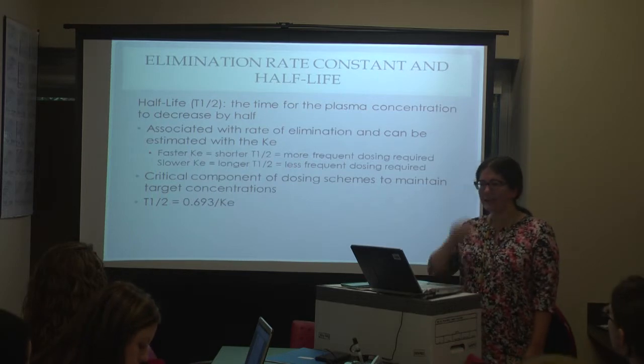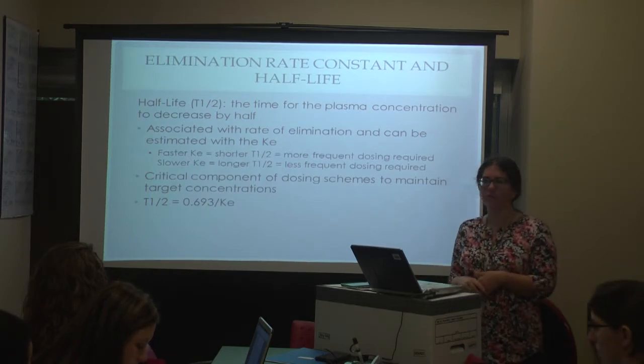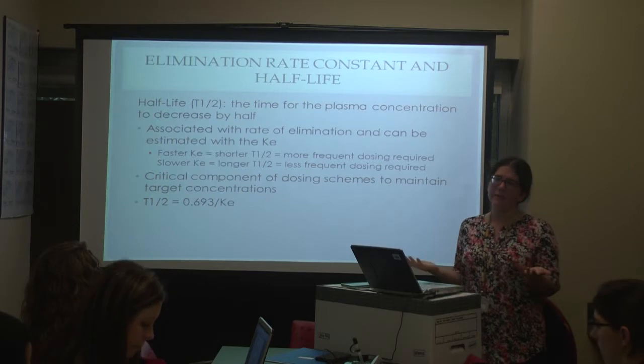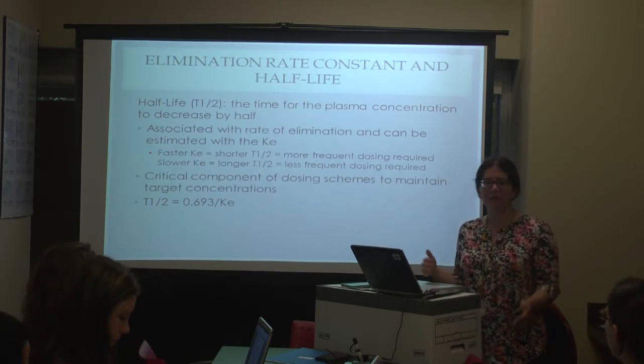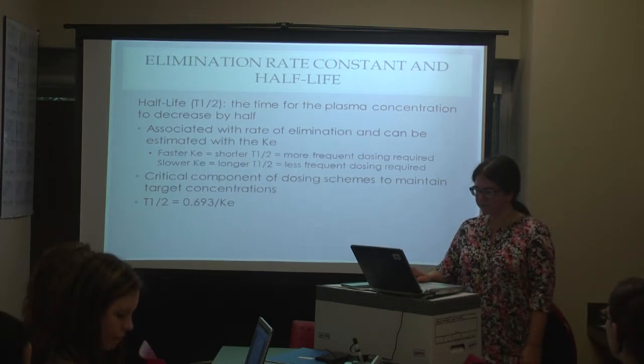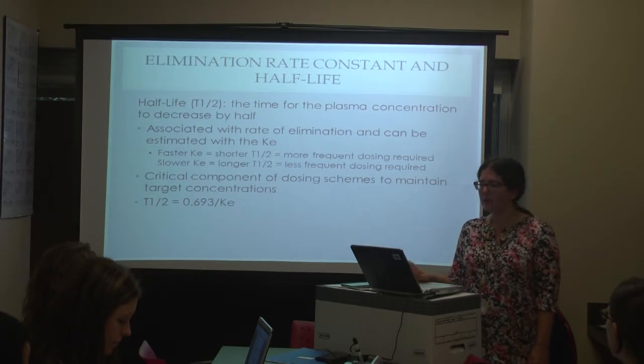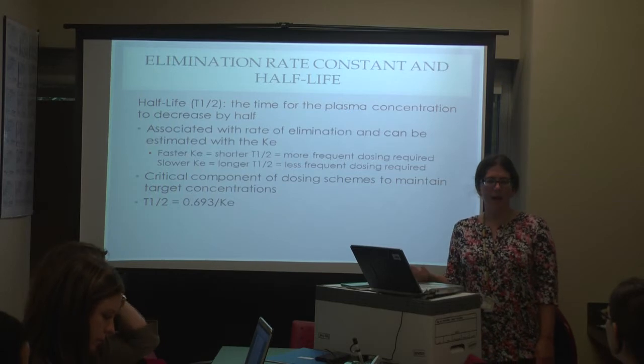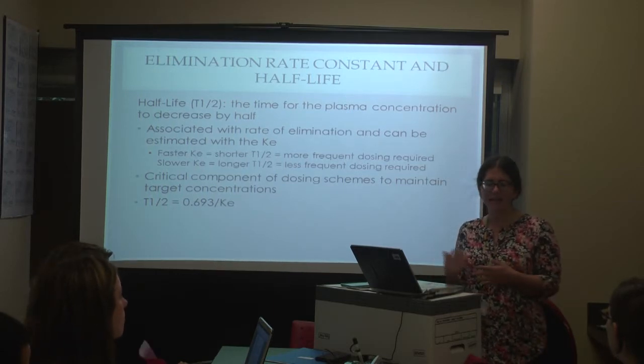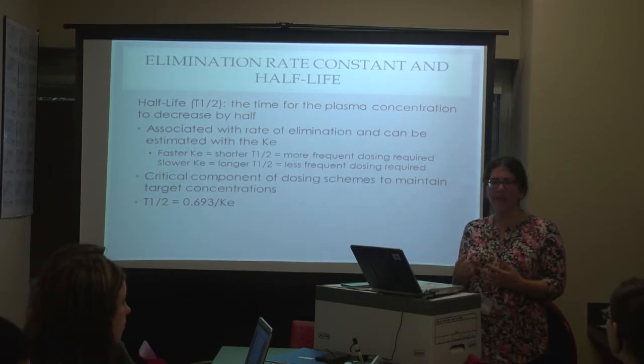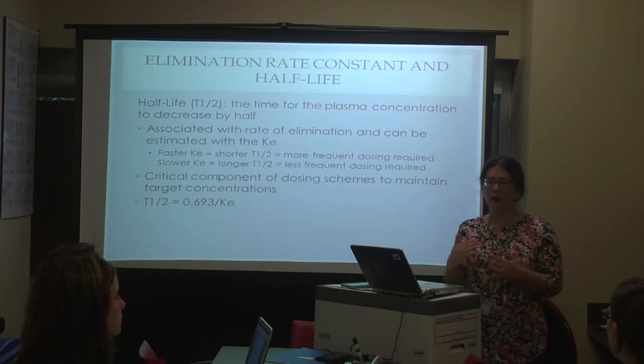So a faster KE is going to mean a shorter half-life and more frequent dosing required. And then the opposite, a slower KE would mean a longer half-life and less frequent dosing required. And certainly it's a critical component when we look at trying to achieve target concentrations. Especially with time-dependent antibiotics like our beta-lactams, if we're having a short half-life, it's going to be falling below our goal